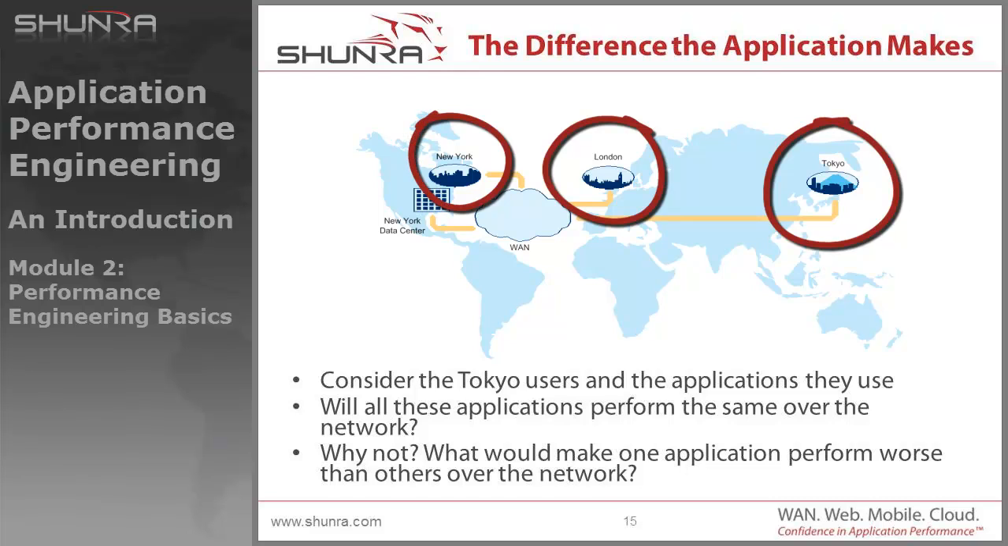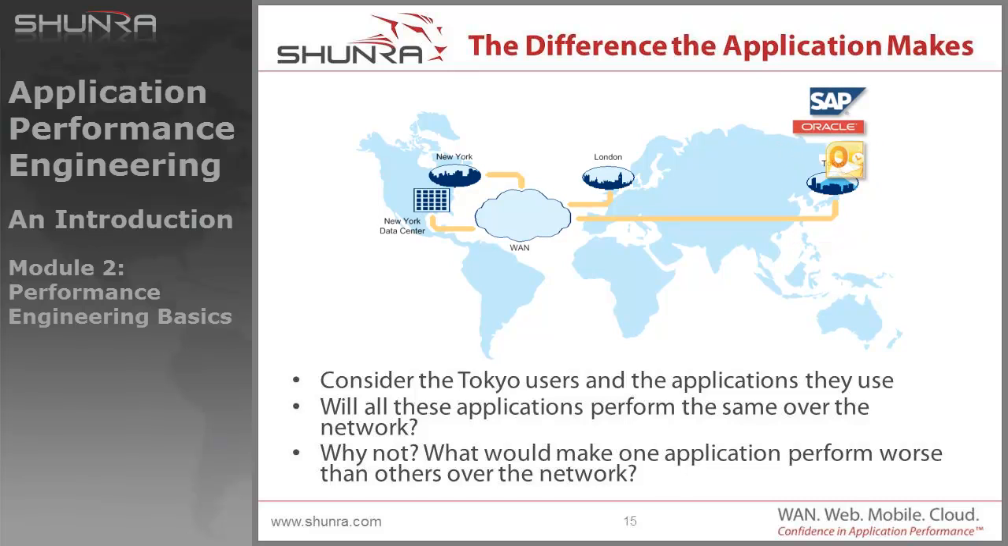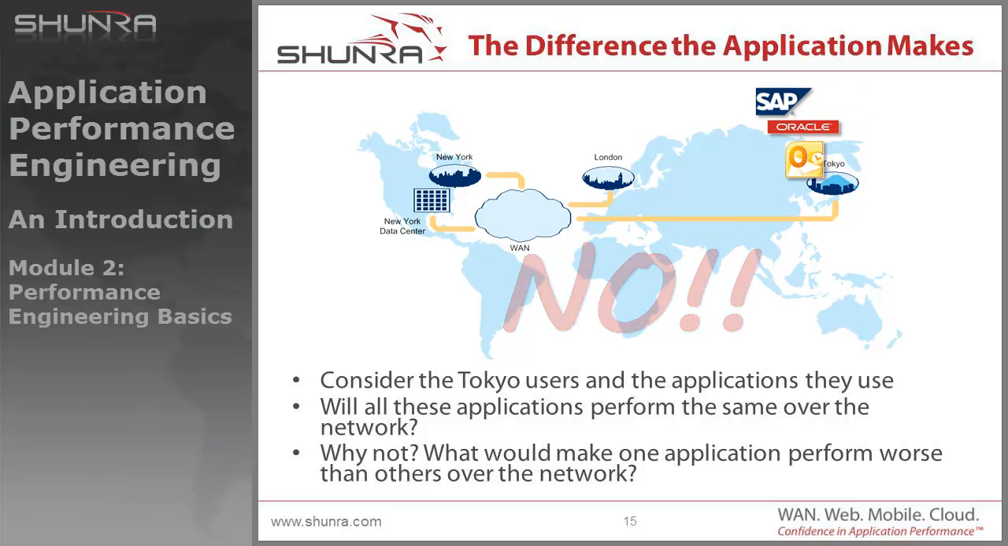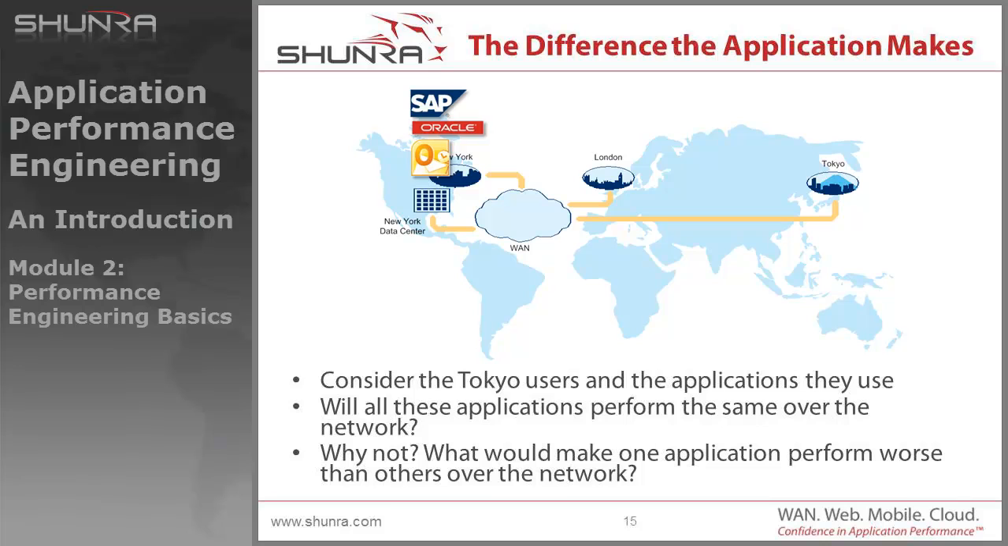Let's look at our user in Tokyo. Our user in Tokyo will be accessing three different types of applications over a wide area network. That network would be the same link, the same line, and probably going through the same path. Let's ask a question. Will those applications behave the same way over the wide area network? The answer is no. Albeit they're going over the same link and the same distances, not all applications are engineered